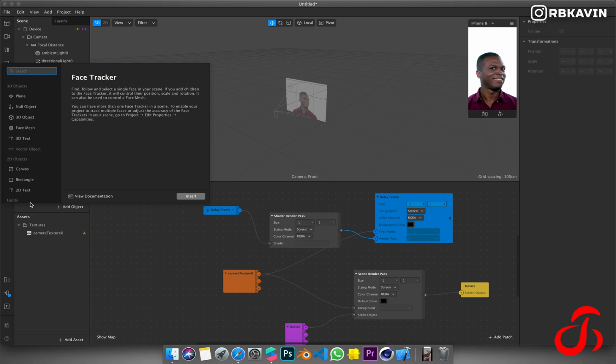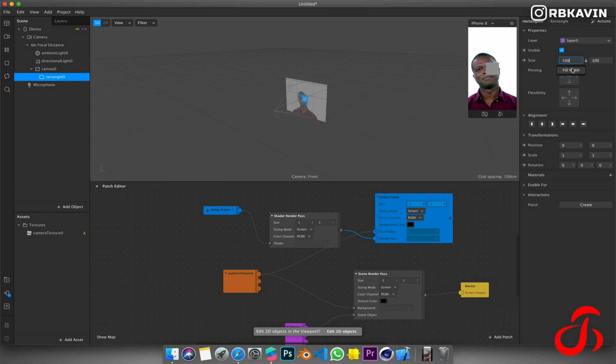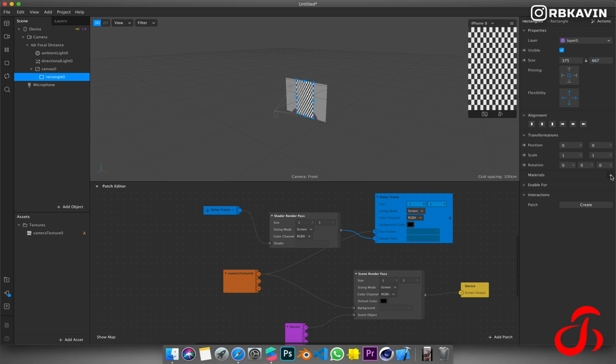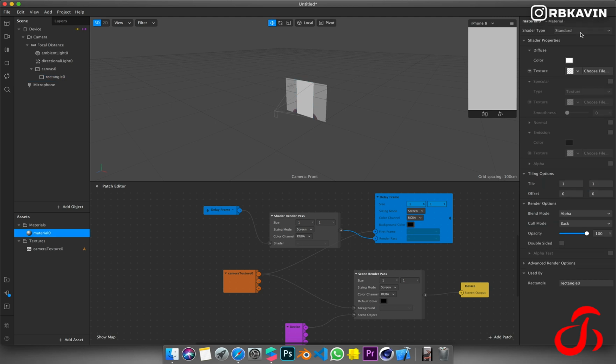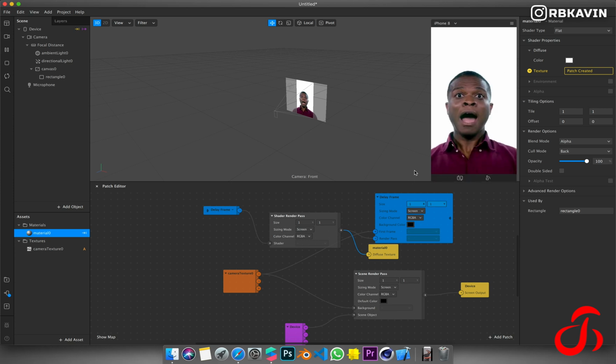I'm just going to create a rectangle, and I'm going to create a texture. So now I'm just going to apply the shader pass to the texture.